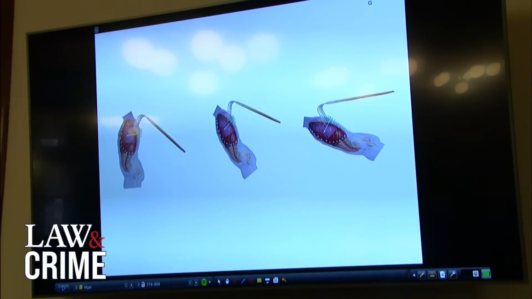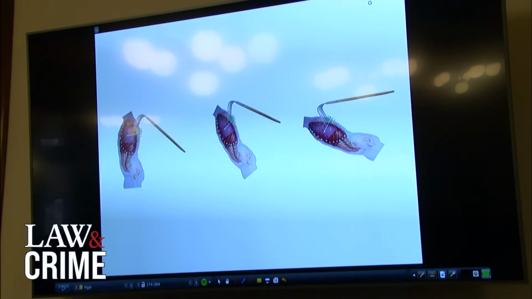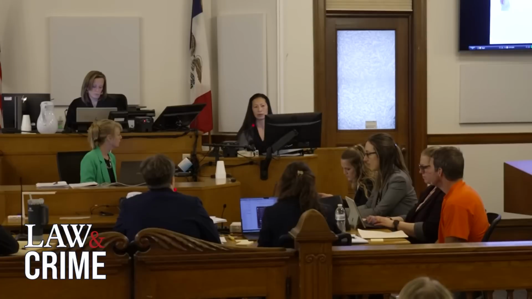Can you explain how demonstrative G illustrates that? We were talking about an overhead swing. So this demonstrative, even though it's two-dimensional, shows that with an overhead swing, the angle of entry of the tines does not match the diagnosed wound trajectories. And is that true for those wounds A through D that have one trajectory and those wounds E through F that have another? It's true for all of the wounds, yes. All right.